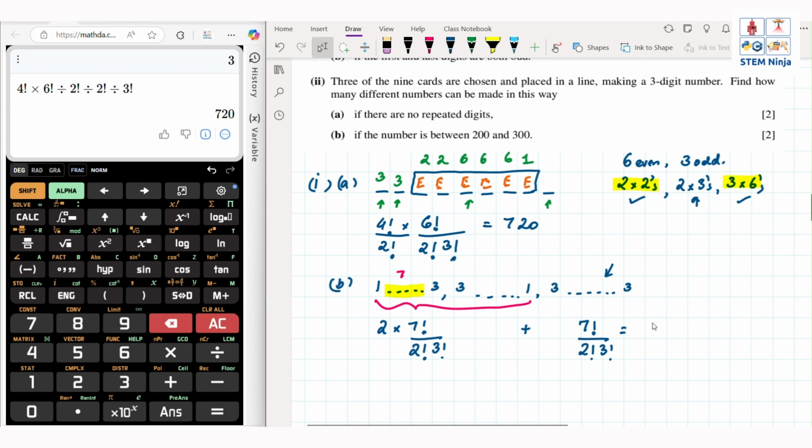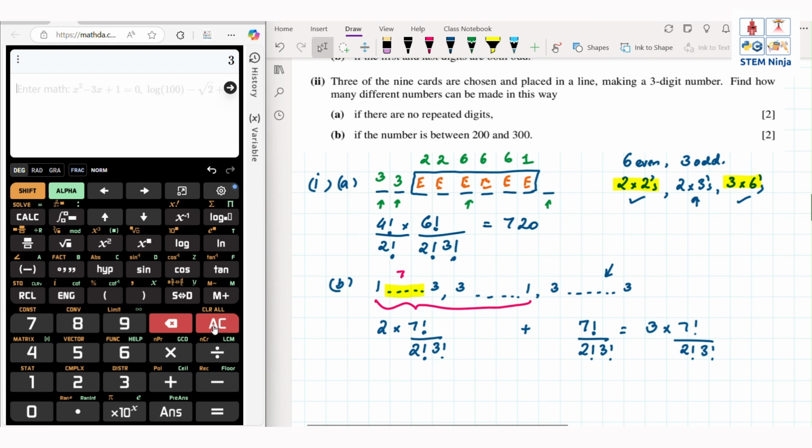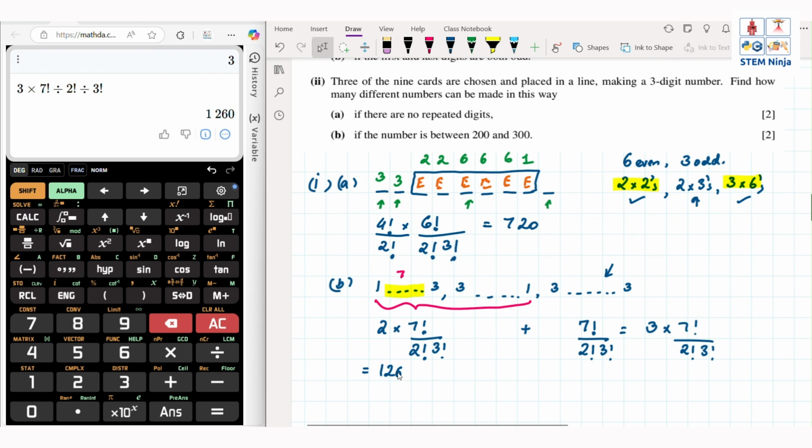So basically it's like saying 3 times by 7 factorial, 2 factorial, 3 factorial. So 3 times by 7 factorial divided by 2 factorial divided by 3 factorial, we get 1260,